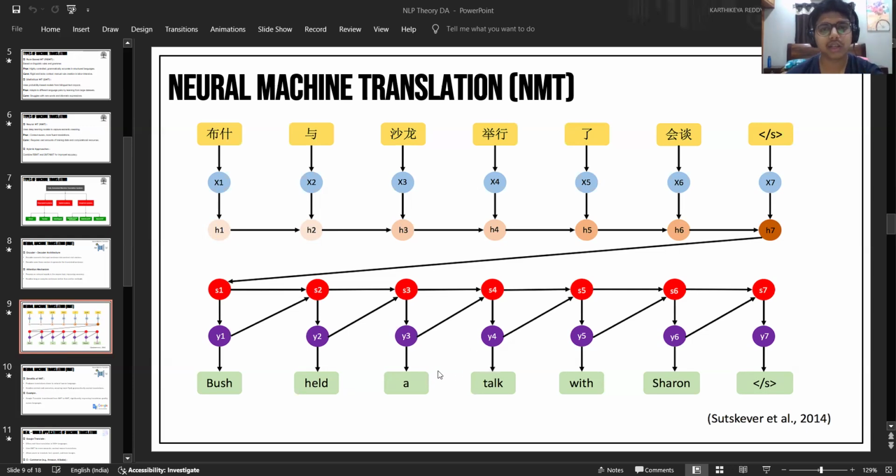So here we have taken an example sentence like "Bush held a talk with Sharon." We divide the sentence into individual words and apply